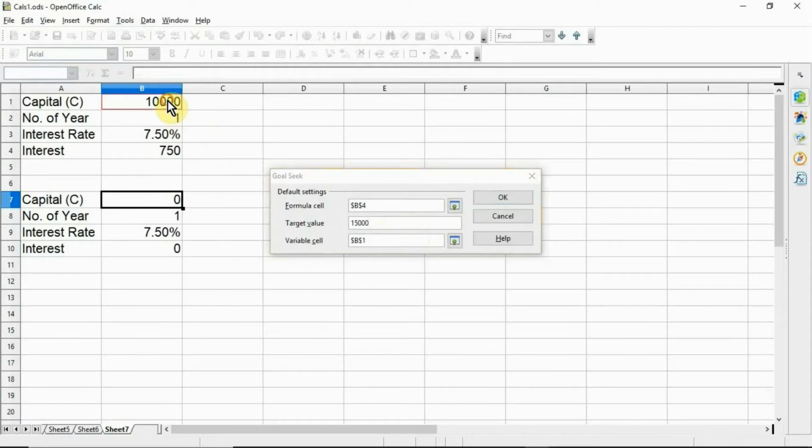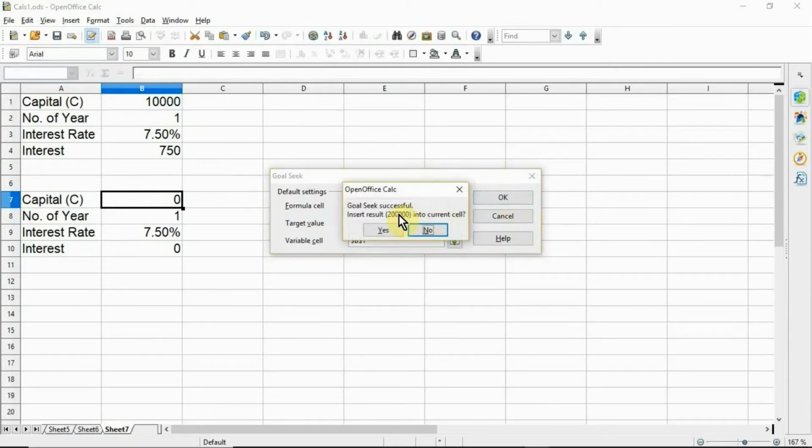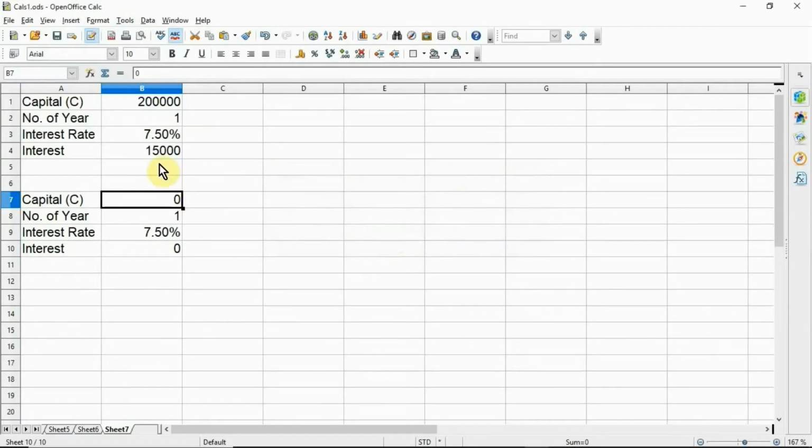In this example, it is the cell with the capital value C, and then click OK. Here a dialog box appears informing you that the goal seek was successful. Click yes to enter the result in the cell with the variable value.